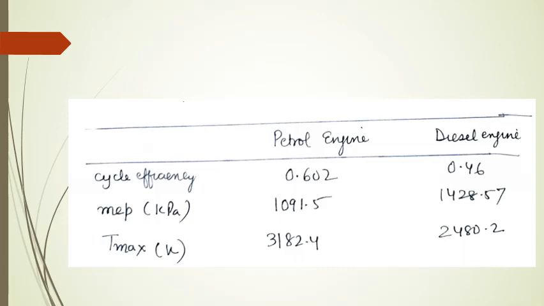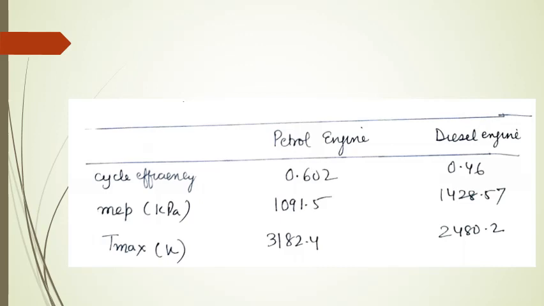Now we compare the various parameters for petrol engine and diesel engine with the same value of P1 and T1, and for the same compression ratio and for the same heat input rate. Now the cycle efficiency for the petrol engine is 0.602, whereas for the diesel engine is 0.46. Mean effective pressure for the petrol engine is 1091.5 kilopascal, whereas for the diesel engine it comes out to be